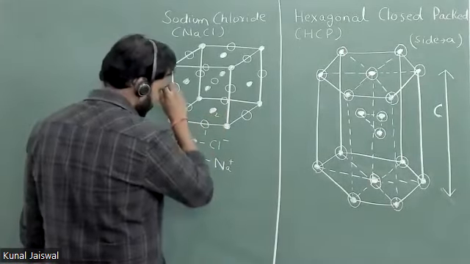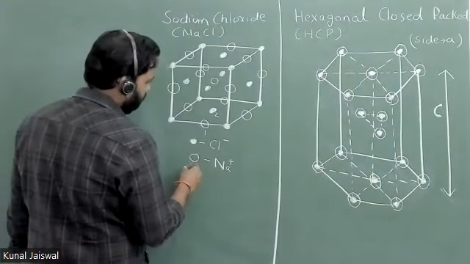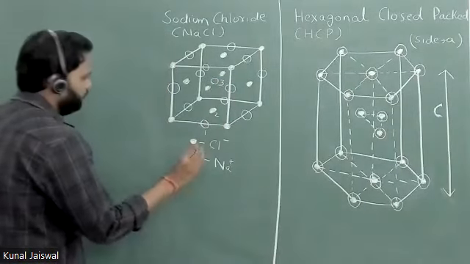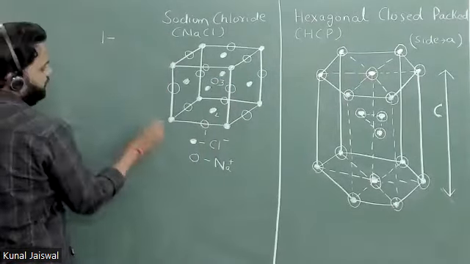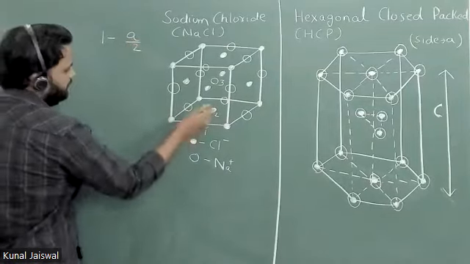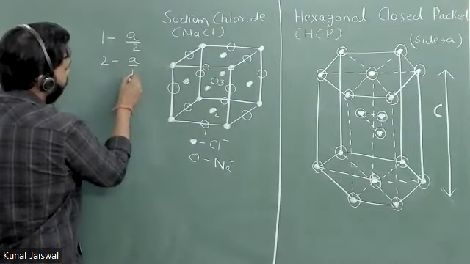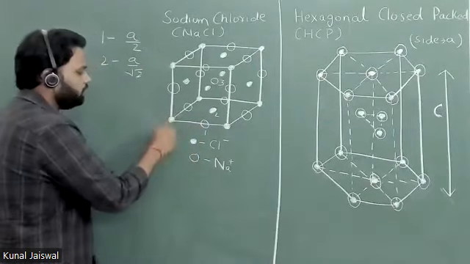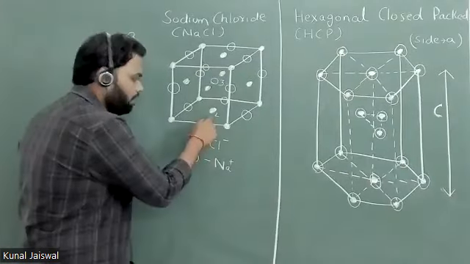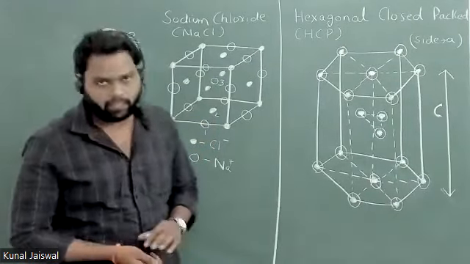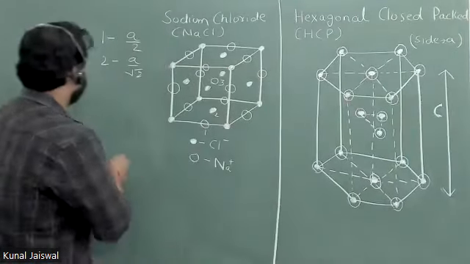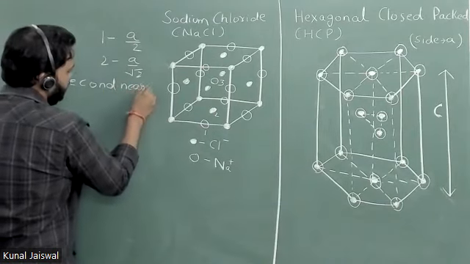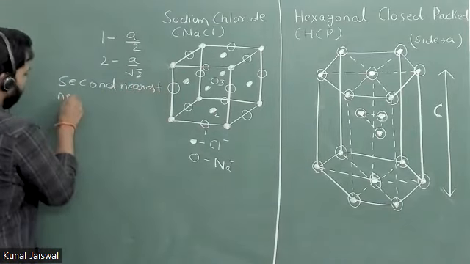And let's suppose this is third, then third and fourth and so on. So first is at a distance a by 2. Second at a distance a by root 2. We'll see the third nearest neighbor later. So what will be the second nearest neighbor to this chlorine? Chlorine ions at a distance a by root 2, right? So the second nearest neighbor